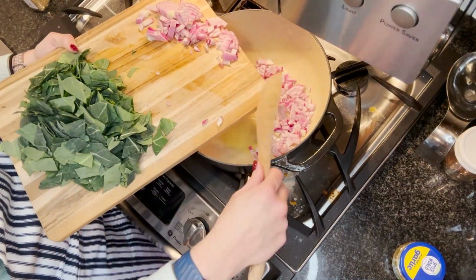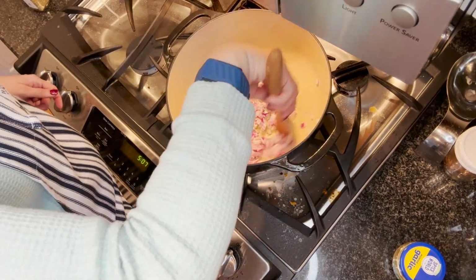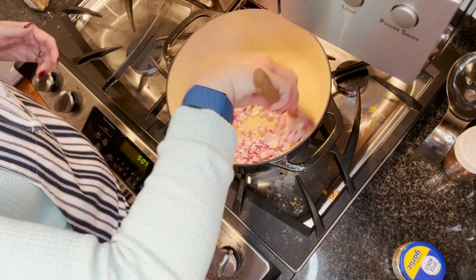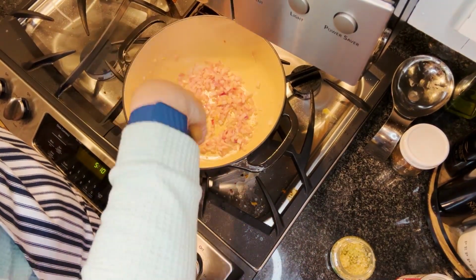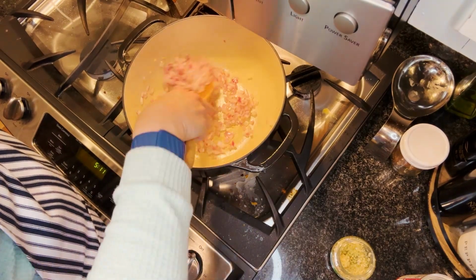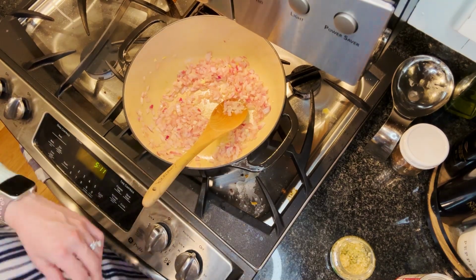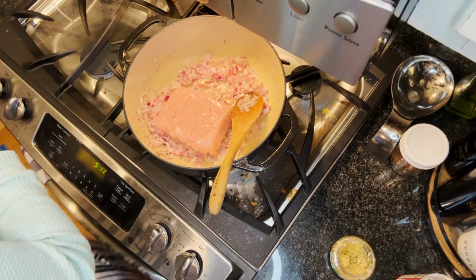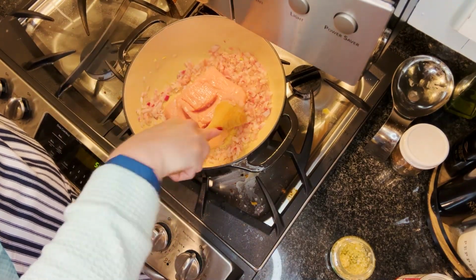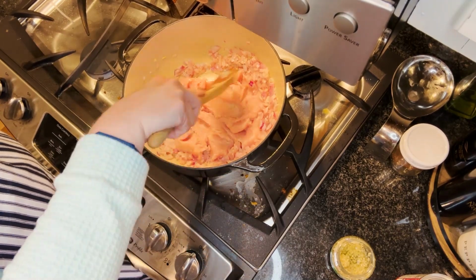So I got some olive oil going in my pot, a Dutch oven at about medium heat, got that olive oil heated up, added in my onions, let them cook down for about 3 minutes, added in my garlic. I've got my minced garlic that I get from the store, just for sheer laziness, nothing other than that. Let that incorporate for about 30 seconds before I added in my turkey. Now I did choose to use ground turkey breast here. You can use regular ground turkey, whatever you want to do. I had to buy it from the store this time as my farm was out of ground turkey, but that's okay. I got the ground turkey breast in there, broke that up,